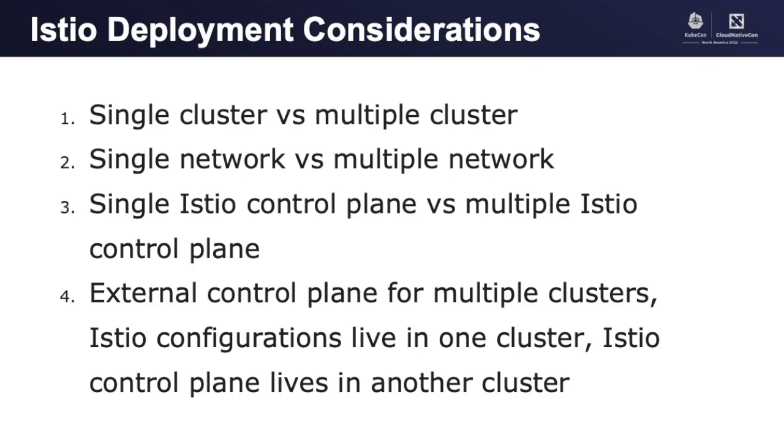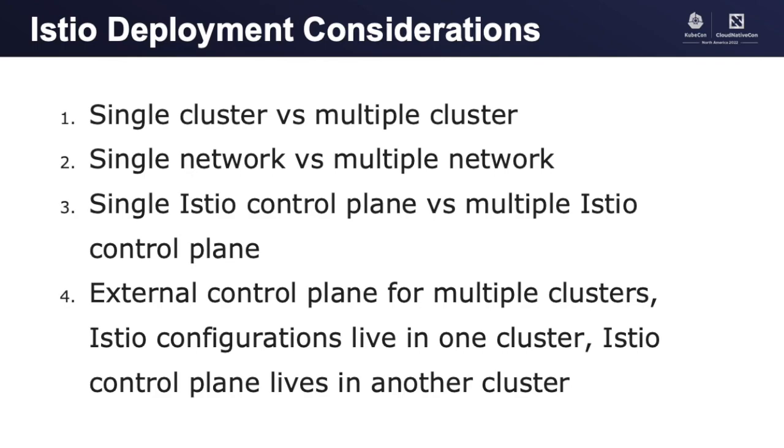Or will gateways be required to connect services across multiple networks? Is there a single control plane potentially shared across clusters? Or are there multiple control planes deployed to ensure high availability? Are all clusters going to be connected into a single multi-cluster service mesh, or will they be federated into multiple